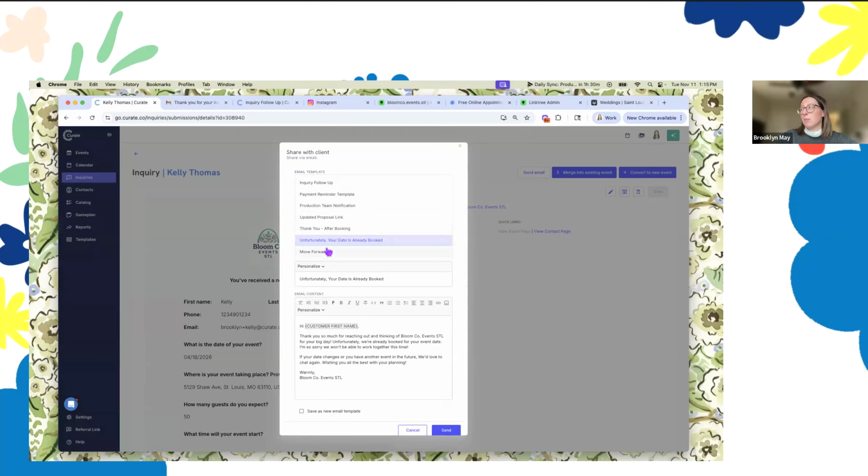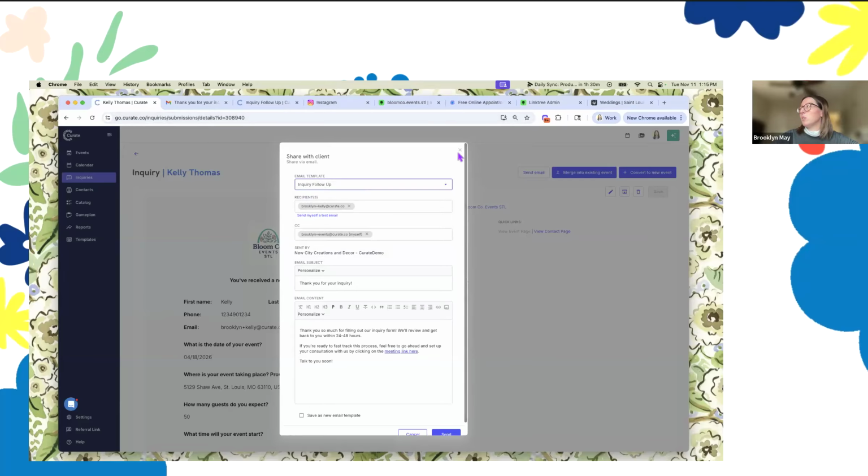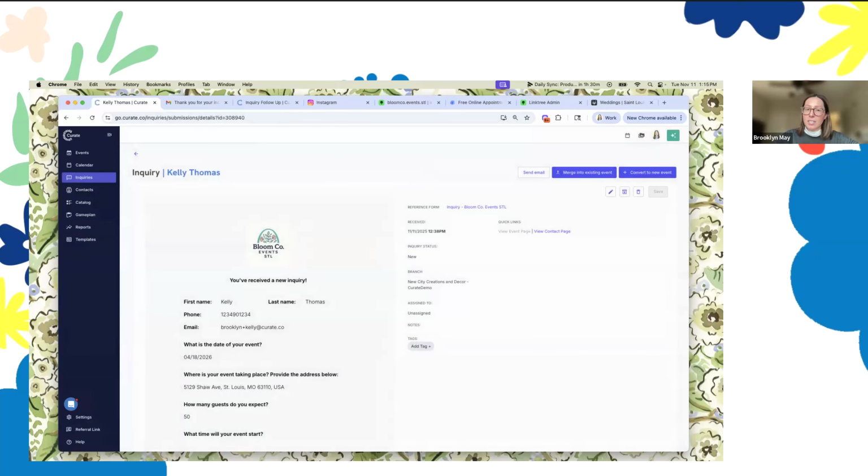You could also email other kinds of messaging. Maybe you want to move forward from here before you convert the event, you can send that messaging. Maybe you've already had a consultation. There's lots of ways. If you don't want the automated email, you can also just send the email template manually by sending through this flow as well. So I just wanted to touch on that with communicating to your leads and your customers,